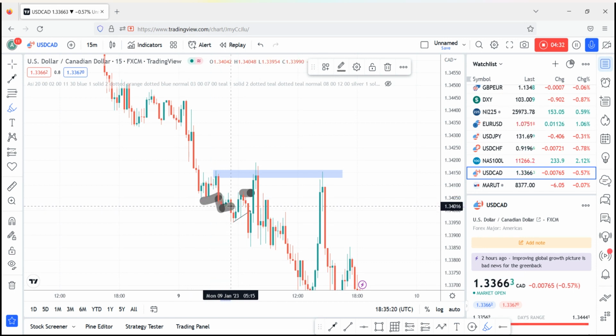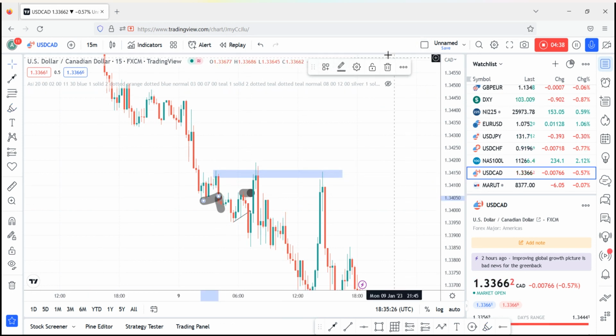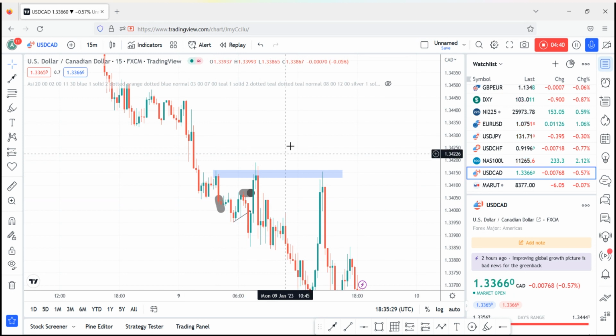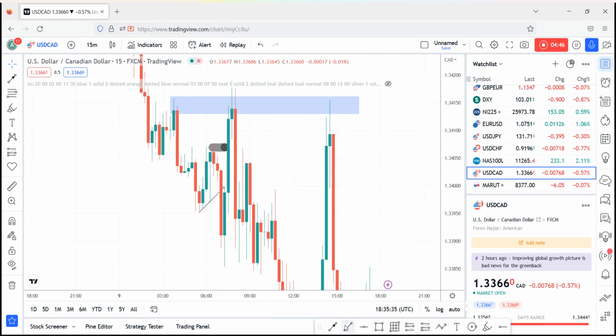This was also a valid pullback. Let me zoom in so you will clearly understand. Market made a break of structure from here. This was also a valid pullback